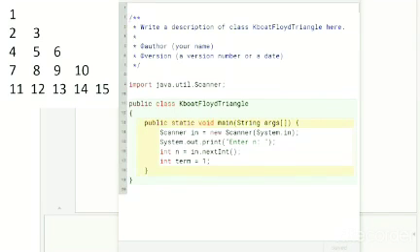As you already know, outer loop controls the number of rows, so it will run from 1 till n. Variable n gives the number of rows the user asked for. Coming to the inner loop, the number of terms in each row is equal to the row number, so inner loop will run from 1 to I like this.